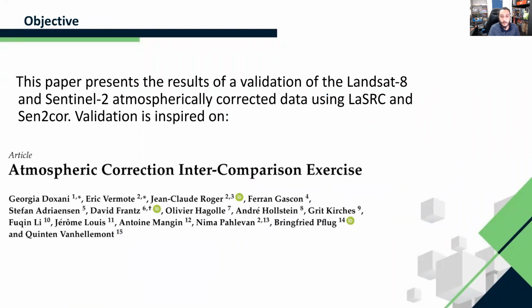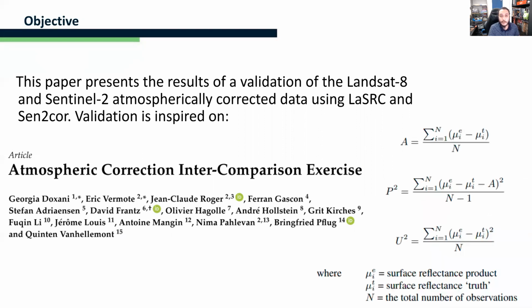So this paper was heavily inspired by the Doxani et al. paper called Atmospheric Correction Intercomparison Exercise, which compared several atmospheric correction algorithms on different images in different sites over the world. Based on that, this paper presents the results of a validation of the Landsat 8 OLI and Sentinel-2 MSI atmospherically corrected data using LaSRC and Sen2cor. And in order to do that, we have used mainly three measures: accuracy, precision, and uncertainty, as performed by Doxani